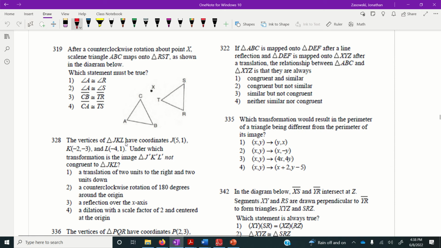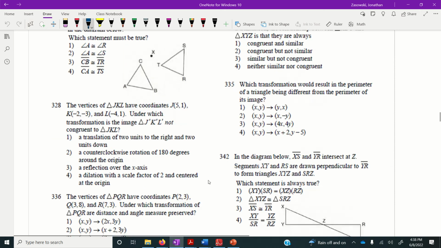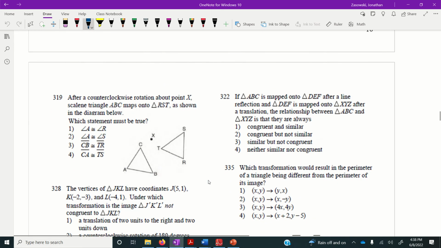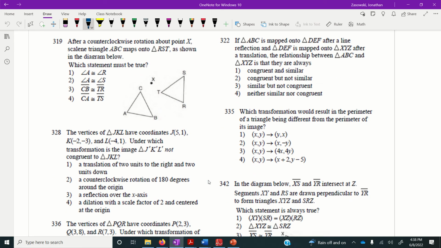Okay, so for number 319, this is going to be part 2 for us. We're going to continue on here. Page 11, I do believe. There we go. So number 319. After a counterclockwise rotation about point X, the scaling triangle ABC maps onto RST is shown below, which must be